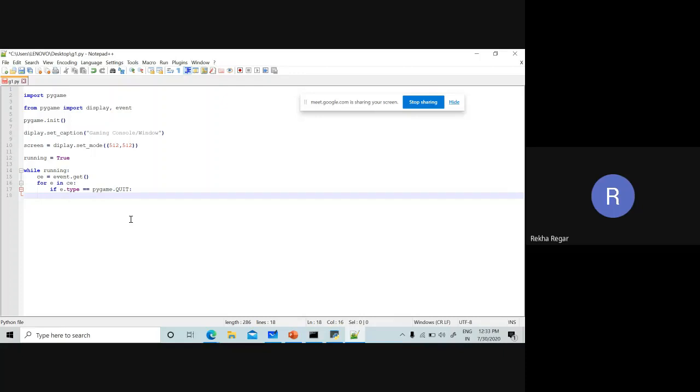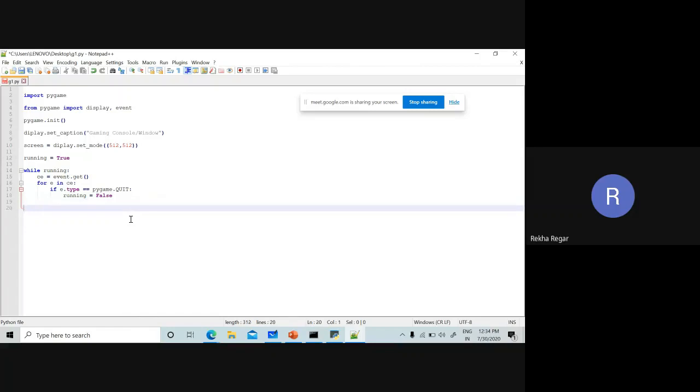So running is equal to false. We are taking things like that, so after that, our window is going to be closed.